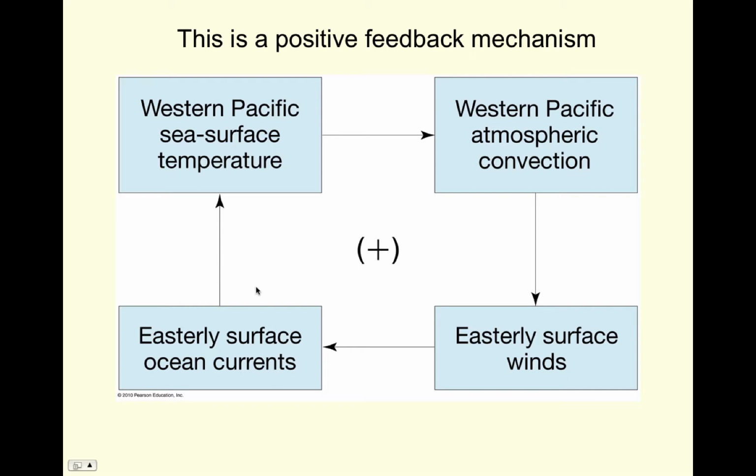So we can start with the easterly surface winds. Let's say they get a little stronger for whatever reason. If they get stronger, the easterly surface ocean currents move more warm water towards the western Pacific. The western Pacific sea surface temperature goes up. As a result, that helps drive deeper western Pacific atmospheric convection, which again will drive the whole cell faster, including